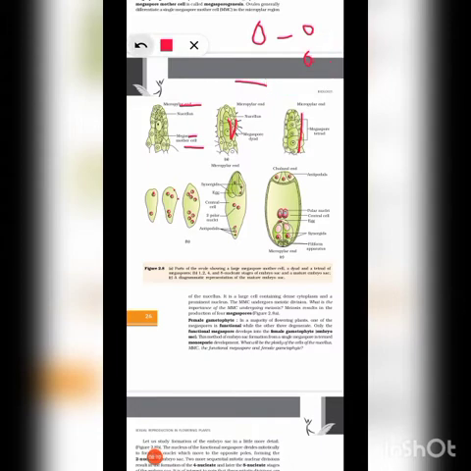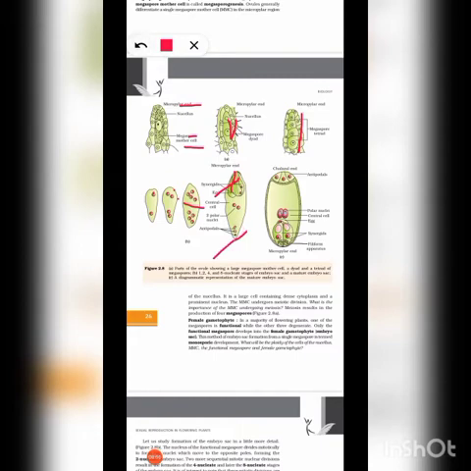Now each of these will undergo one more mitotic division, so 4 cells will become 8. So in the cytoplasm you can see 8 nuclei, and this type of division is known as free nuclear division, meaning there is no cell wall formation after each mitosis. So in a megaspore, 8 nuclei will form, and this will be followed by cell wall formation. After cell wall formation you can see that 4 cells are on one pole, and the other 4 are on the other pole. Out of these, 3 will migrate to this region and 3 will migrate to this region.